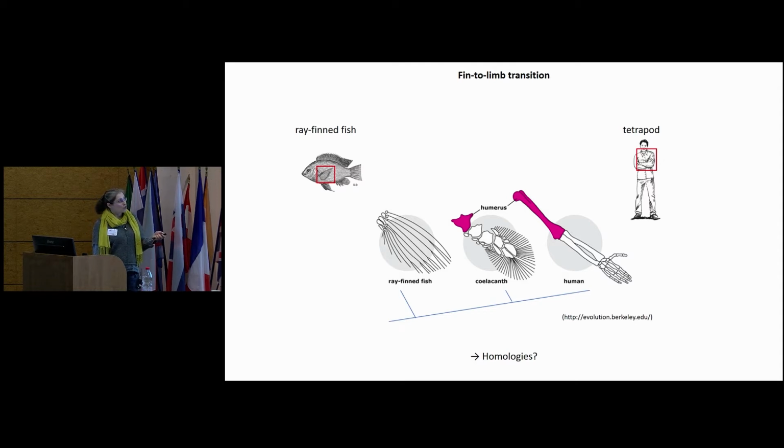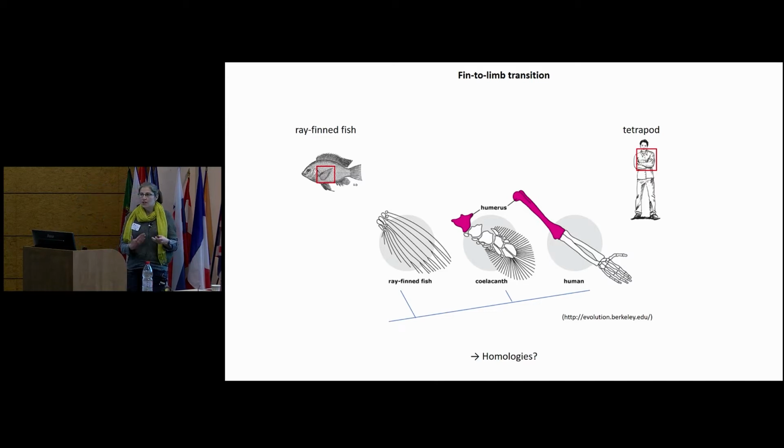A lot of researchers investigate the development and the gene regulation within a model like zebrafish. But for us, as paleontologists, it's really derived to consider that. So it's important to consider lobefin fish, intermediate forms which have lobefin fins with homologous elements. So the main problem is investigating the homologies.